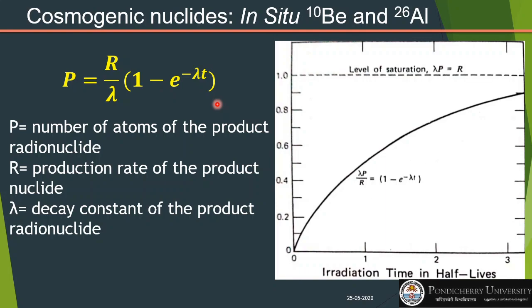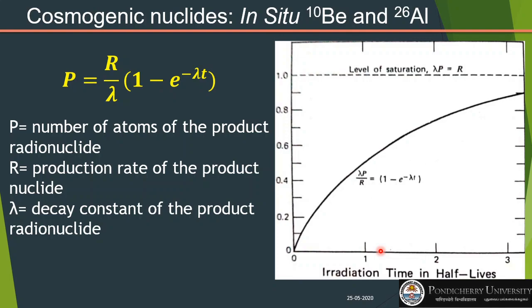Let us visualize a scenario where a surface was covered by some glacier, and then the glacier retreats because of global warming or some climatic changes. If a glacier retreats from a particular place, then the material on that surface is now exposed to the cosmic rays, and it would start building up the concentration of cosmogenic radionuclide. Now if you collect that sample and measure the concentration, for example, if you find that concentration is around 50% of the saturation level, then it means that surface was exposed to the cosmic ray for more than 1.5 life or so.